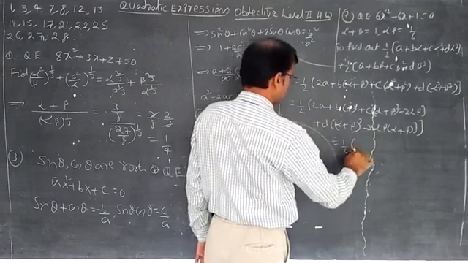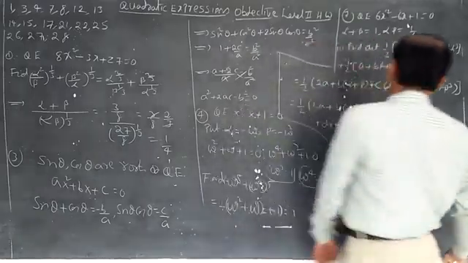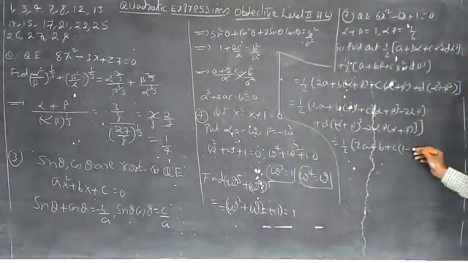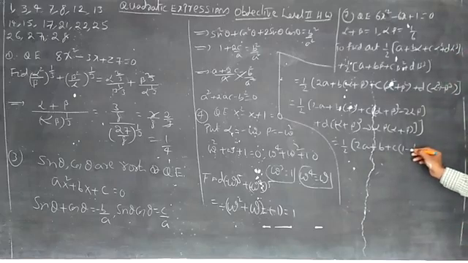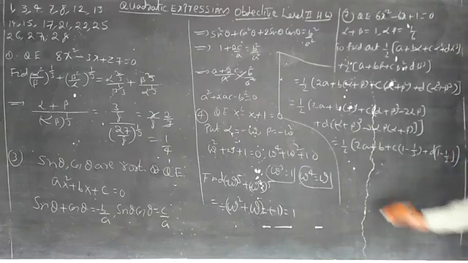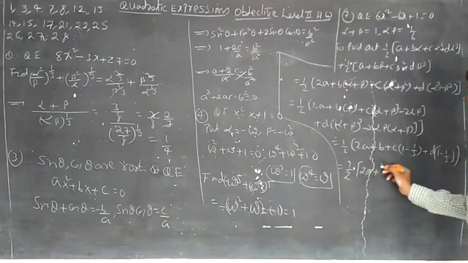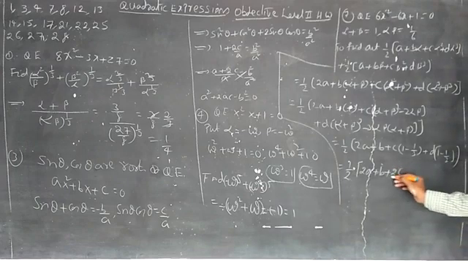That is equal to 1 by 2 into 2a plus b plus c into alpha plus beta whole square, means 1 minus of 2 by 6. 2 by 6 becomes 1 by 3, plus d into alpha plus beta whole cube, 1 minus 3 by 6 into 1. 3 by 6 means 1 by 2. That is equal to 1 by 2 into 2a plus b plus c into 3 minus 1 by 3, means 2c by 3, plus this is 1 by 2.